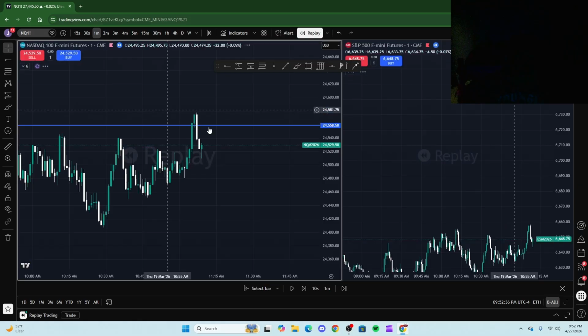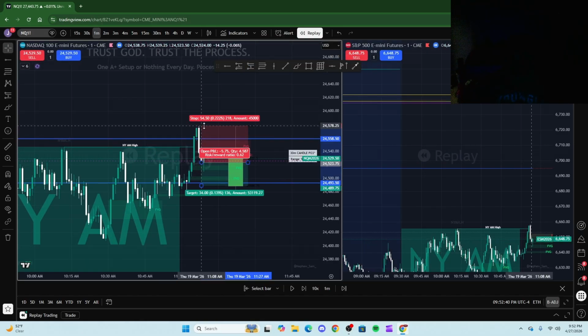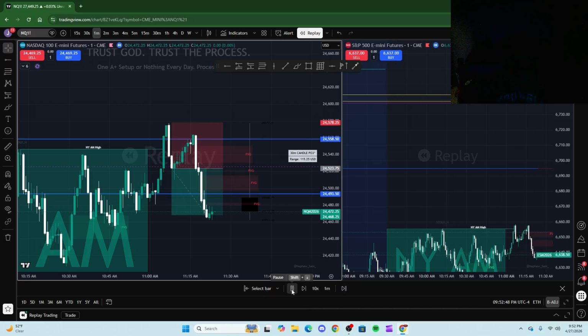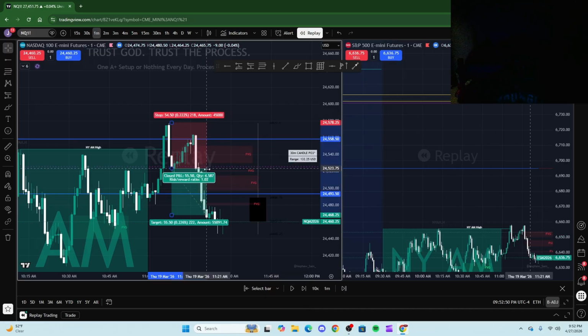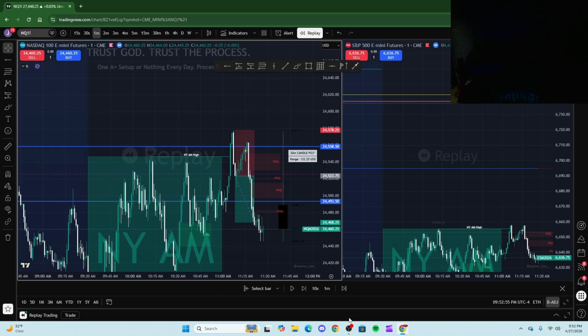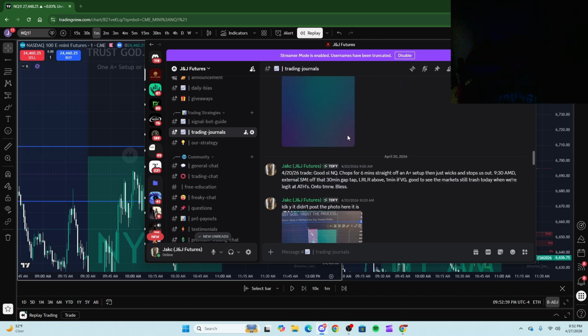So a setup is finally valid, but I don't trade this late in the day. You do have this 1 minute setup that is potentially a good setup, but I think that by 11:10 we usually have lower probabilities of hitting a trade. This trade does end up working in your favor, but I would probably be off by then. But let's see, what day was this? March 19th. Okay, so if we go to March 19th, let's see what trade I took.